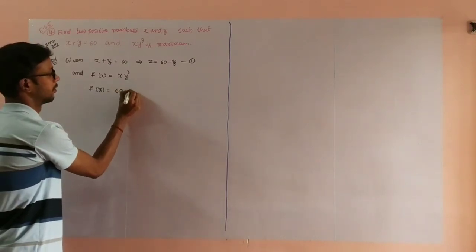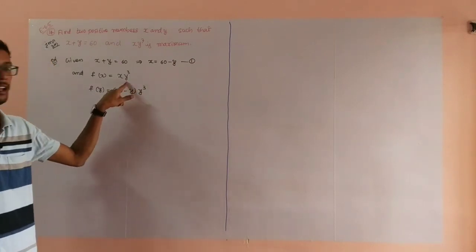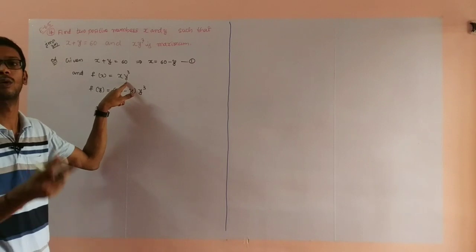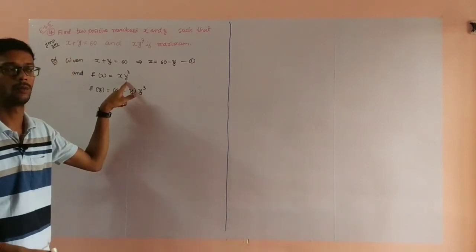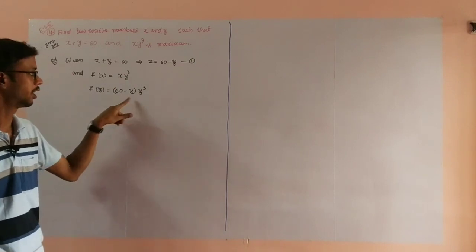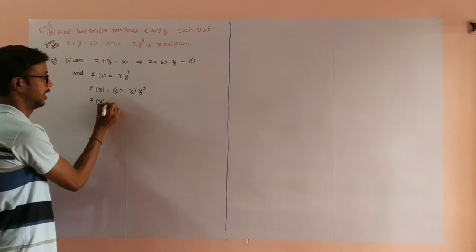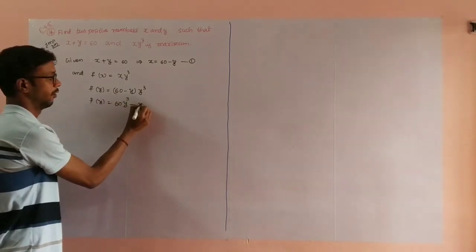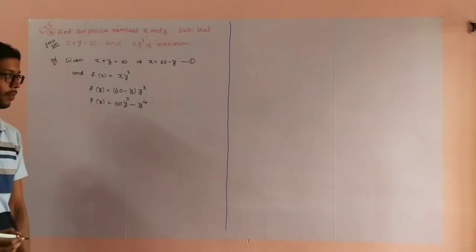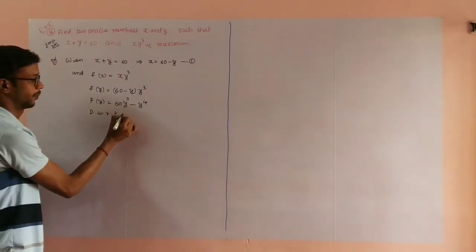Why? Because if you substitute the y value as 60 minus x whole cube, a minus b whole cube simplification you have to make, and that is a lengthy process. So for that purpose I am using this method. This easily will get f of y is equal to 60 y cube minus y power 4. So derivation with respect to